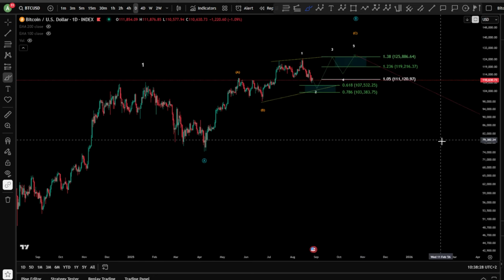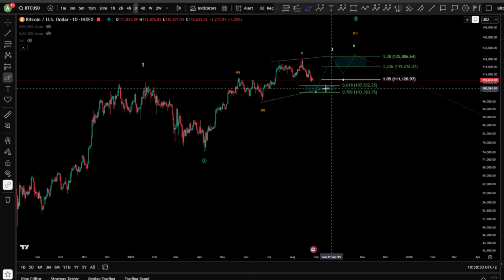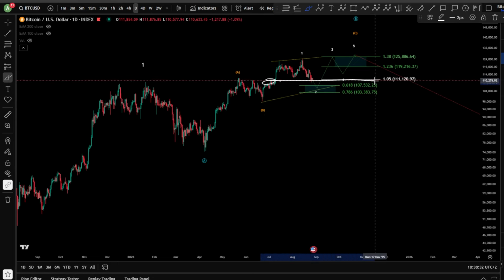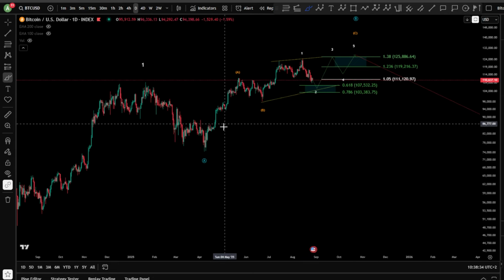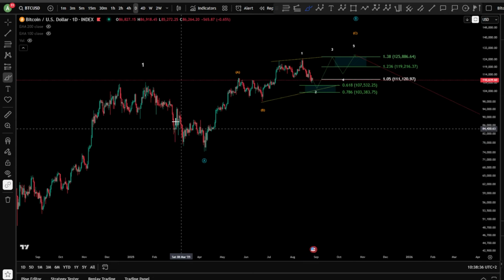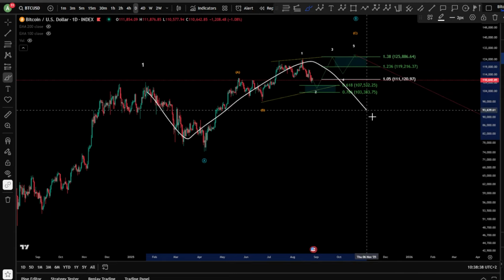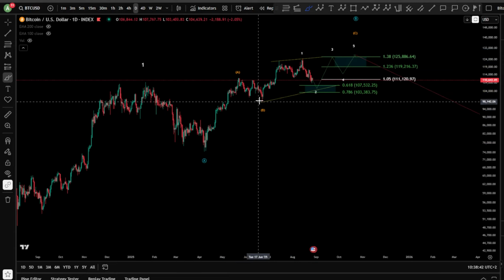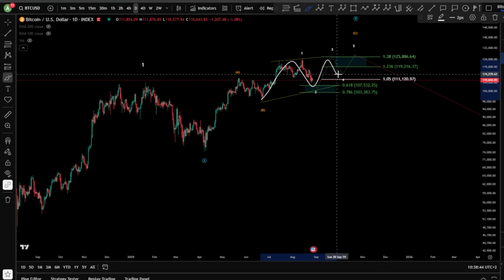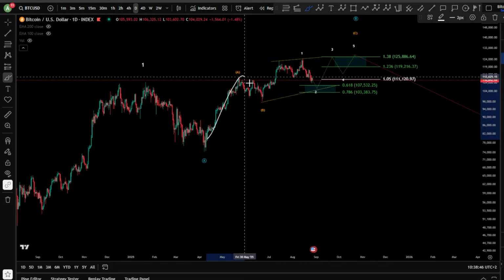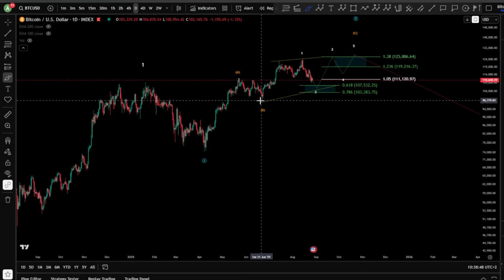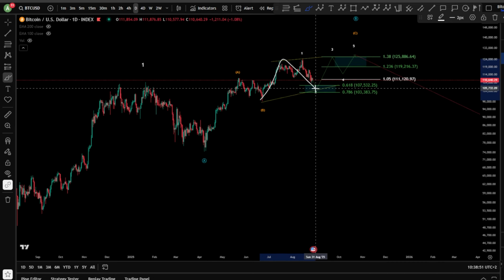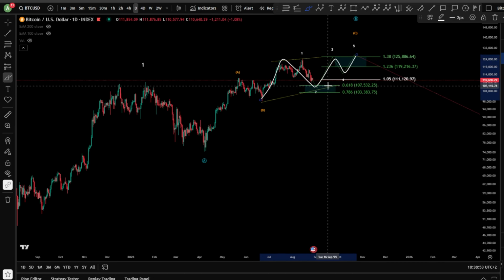So another possibility here for moving higher, but of course after taking invalidation, we might experiment here a potential A, B, and a C. Still the same scenario, but this wave B here might take, of course, the high again in a form of an ending diagonal, an ABC, 3 waves. And that means if this is going to transform to 1, 2, 3, 4, and a 5 here, it can be